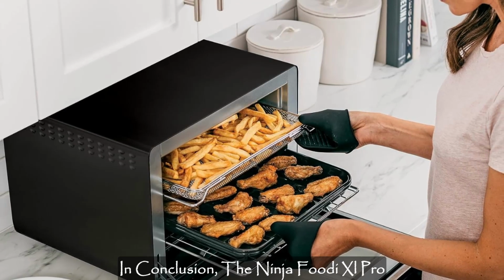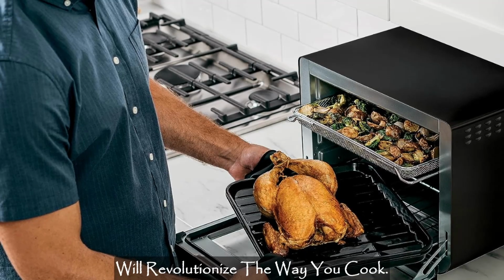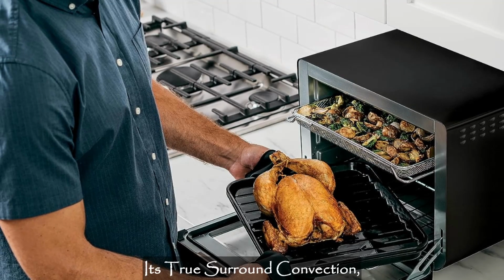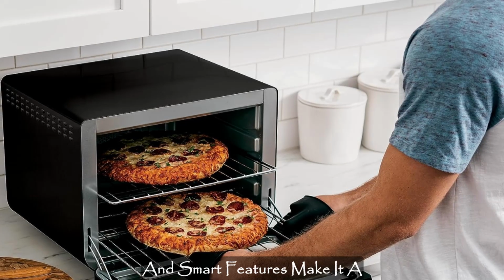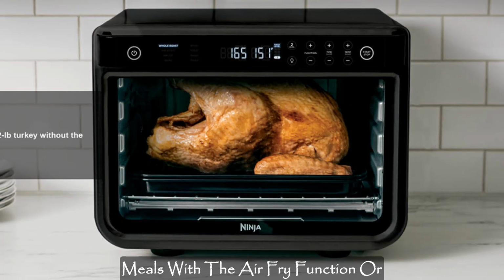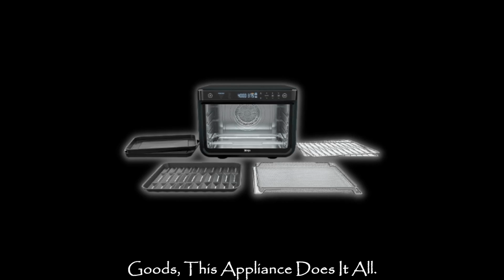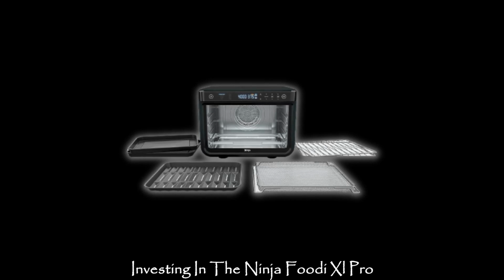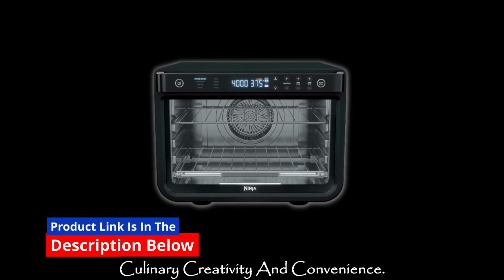In conclusion, the Ninja Foodi XL Pro Air Oven is a kitchen powerhouse that will revolutionize the way you cook. Its true surround convection, unmatched versatility, XL capacity, and smart features make it a must-have for any home chef. Whether you're looking to create healthier meals with the air fry function, or impress guests with perfectly baked goods, this appliance does it all. Investing in the Ninja Foodi XL Pro Air Oven is an investment in your culinary creativity